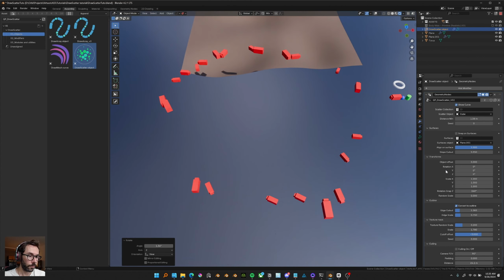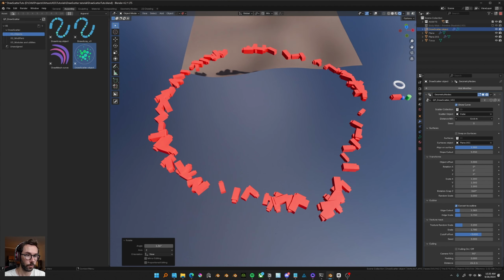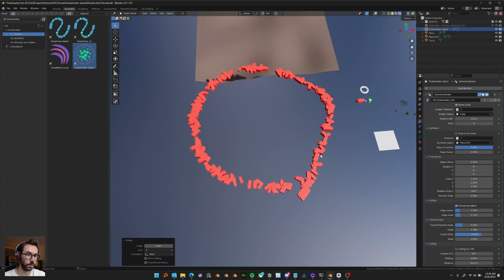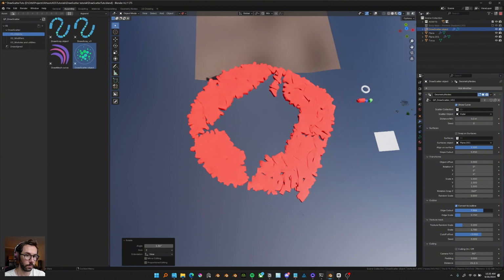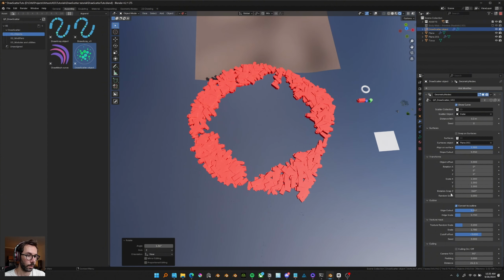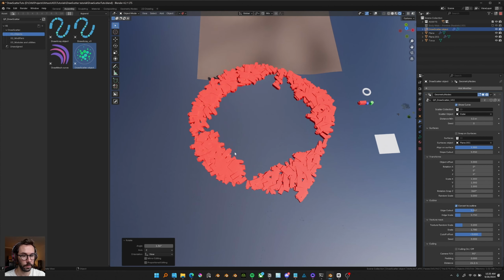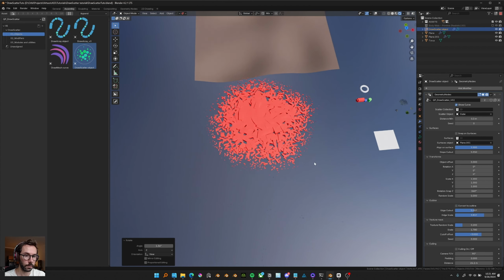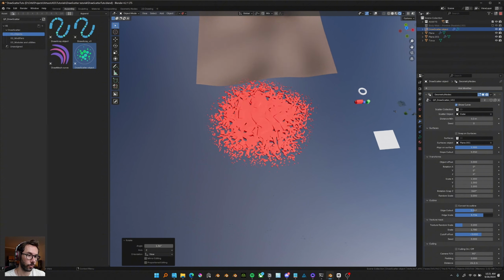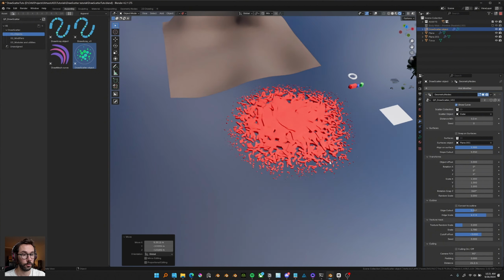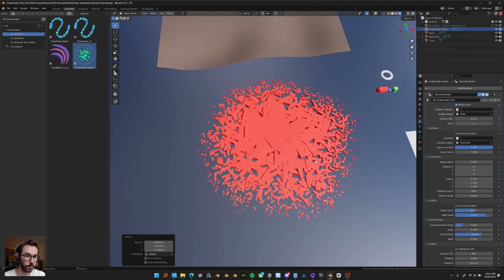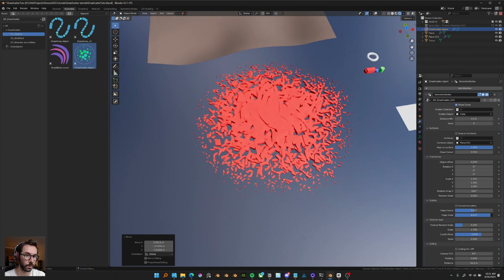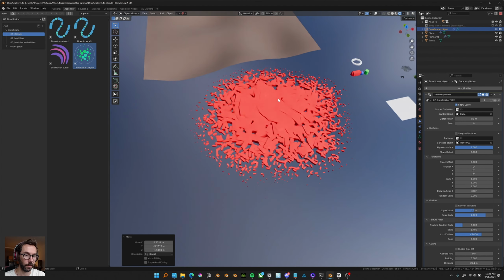What you can do is transform your scattering into an outline. So basically, instead of scattering on the inside, it goes and scatters around the curve. And you can, of course, control the edge cutout. And what it does, it will use roughly the same placement between the two. So if you set up what you want to have inside, what is going to be outside will be roughly at the same spacing. You can control the edge scale, which means the closer you get to the border, the smaller the object will be. That's good to help with transitions between what's surrounding different scattering systems, or even when there's grass fading onto rocks